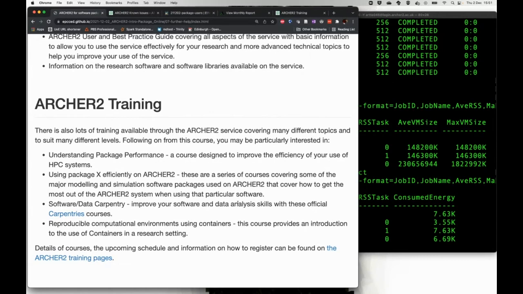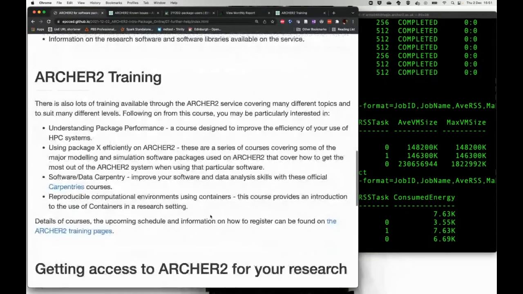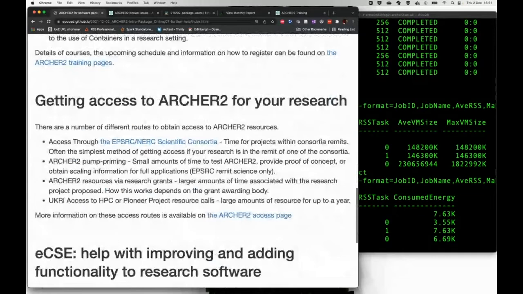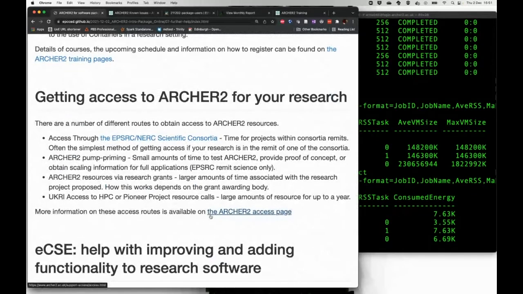Though hopefully that will improve as next year goes on, and we'll start doing face-to-face courses more often as time goes on. Finally, getting access routes to both software development and to ARCHER2 itself. In terms of access to ARCHER2, you've got access through this course with the course accounts now for about 3 to 4 weeks after this course finishes for you to explore